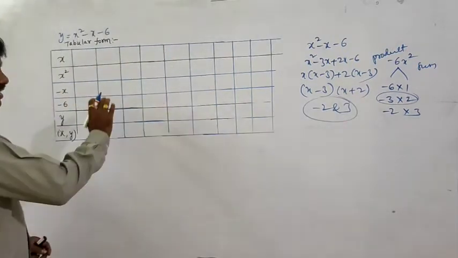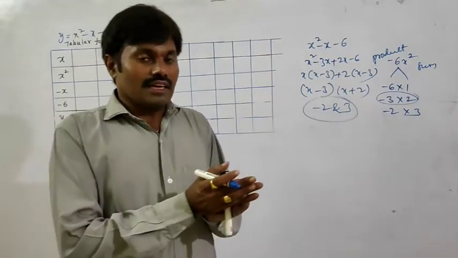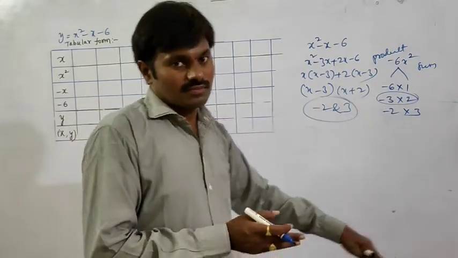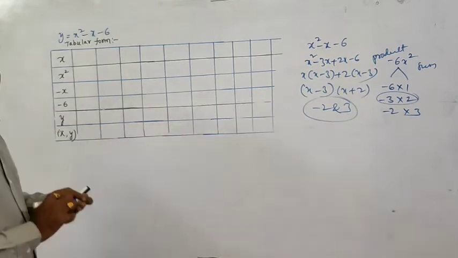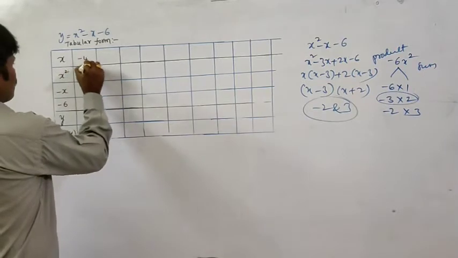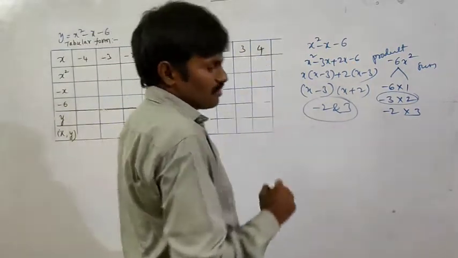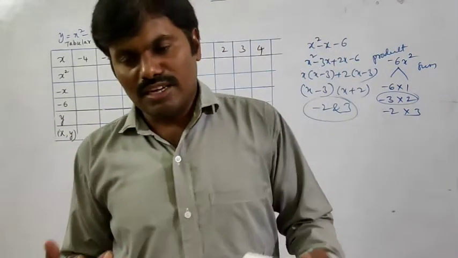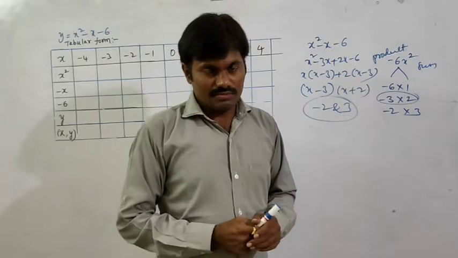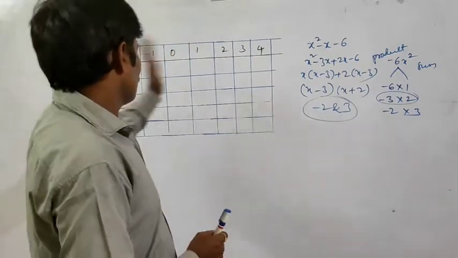So take minus 2, minus 1, 0, 1, 2, 3 as x values. Not only that, take to the left of minus 2 and right of 3 also, that means minus 3 and 4. Usually for any problem we take minus 4 to plus 4, it will be enough. So minus 4, minus 3, minus 2, minus 1, 0, 1, 2, 3, 4. Maximum for any problem we can take minus 4 to plus 4. They may not give a question beyond that. In the board exam, whichever zeros they give, they will be in the range of minus 4 to 4 only.